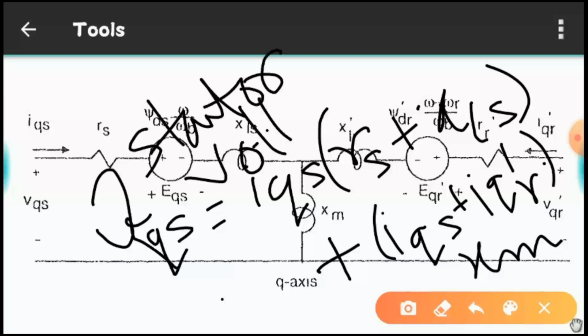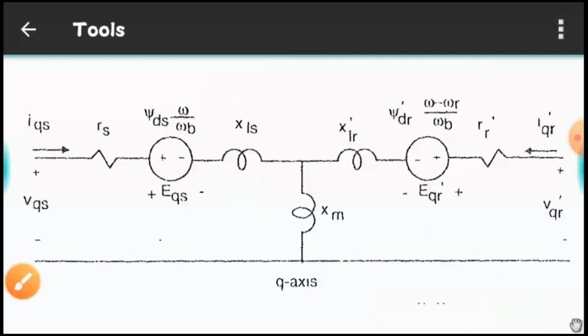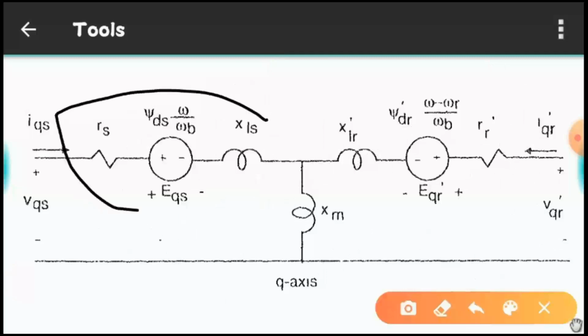This VQS is your stator voltage. So stator voltage is not only responsible for overcoming the series drop or transformation of power, but it is also responsible for whatever you are getting from your rotor, that is, how if we put load then slip will increase, and with increased value of slip the rotor current value will